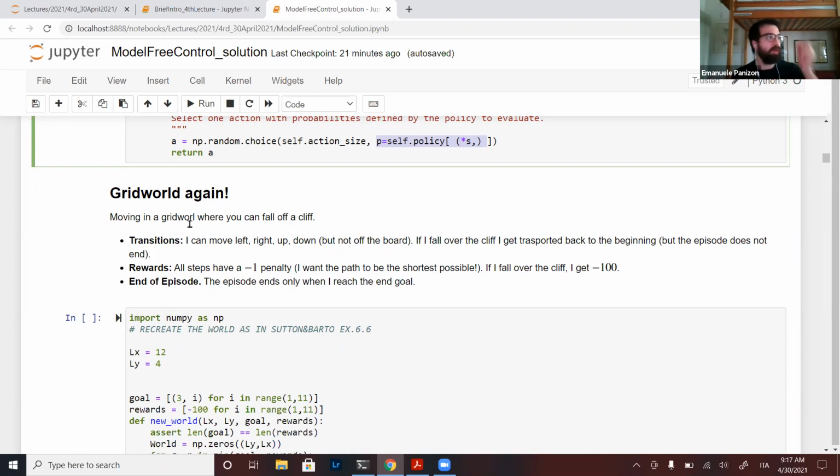If you do an action, you will always end in the same spot. If you try to go out or do an impossible thing, you will be stuck there. Now we added a cliff, so we have a region in which, if you go there, you fall down and are immediately transported to the start. So the start is also a new thing. We always start all the episodes in a single point. If you go out of the cliff, you go back to the start, and the episode ends only if you are at the end point.